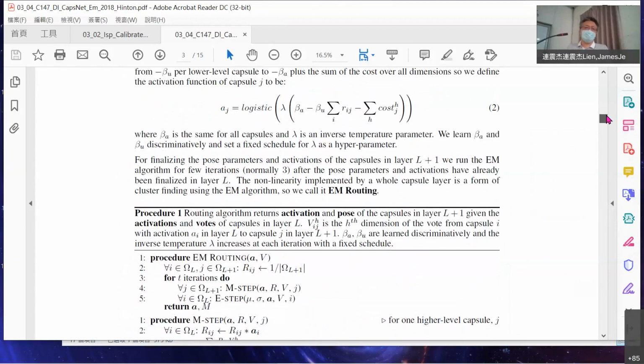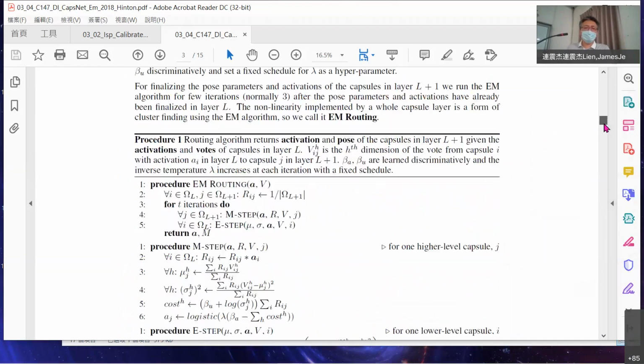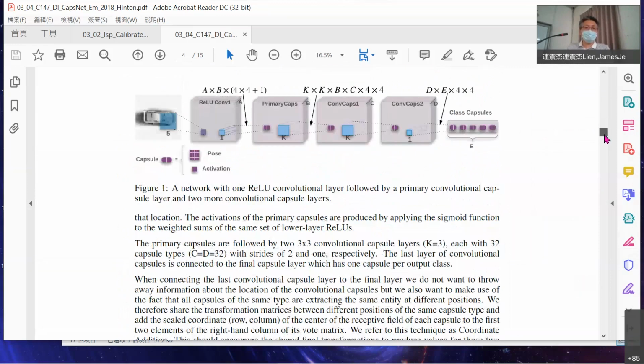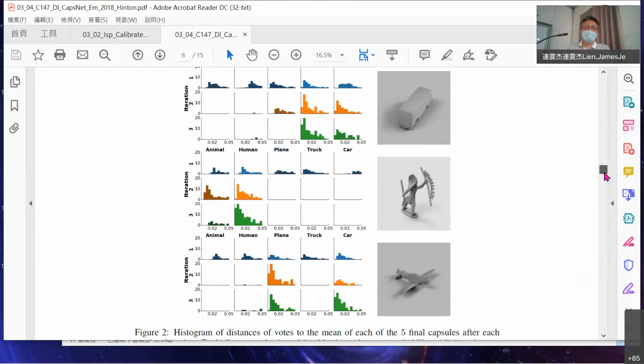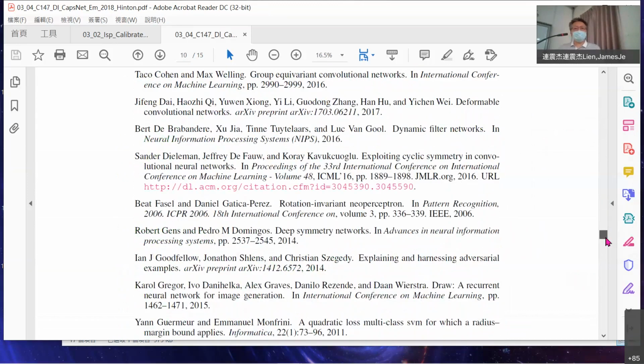Oh, okay, there's a method that uses EM. 这个数学那么多，我们不玩数学。